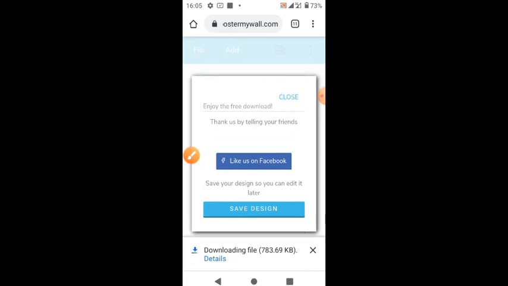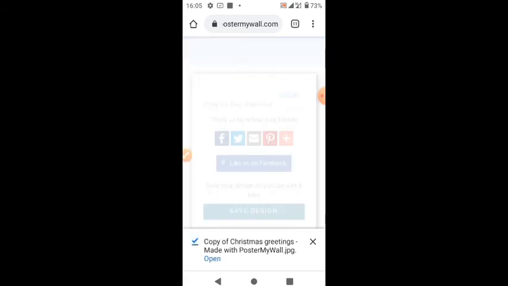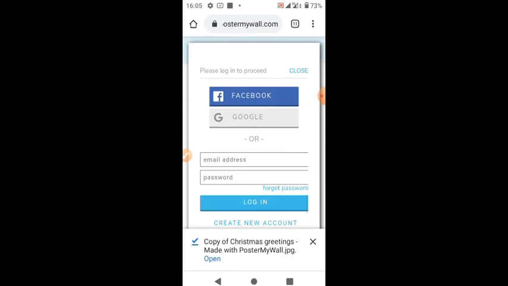After that, it has finished downloading. You can also save it, and before you can save, you need to log in. So I'll use my Google account to log in.